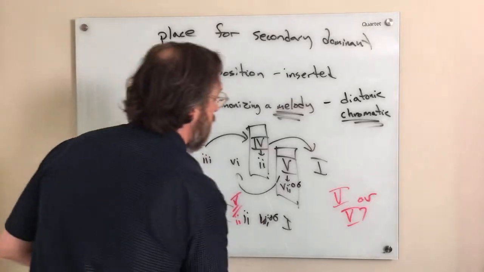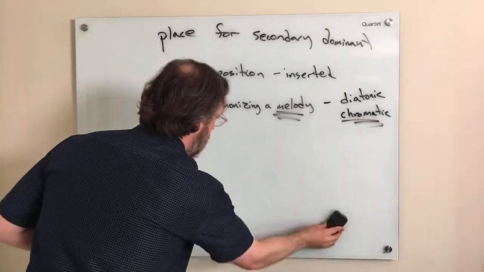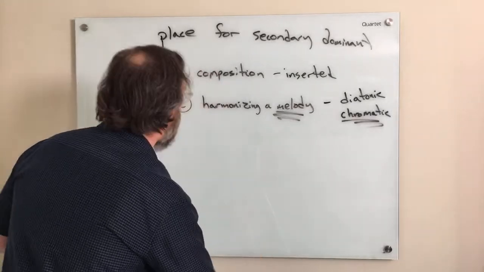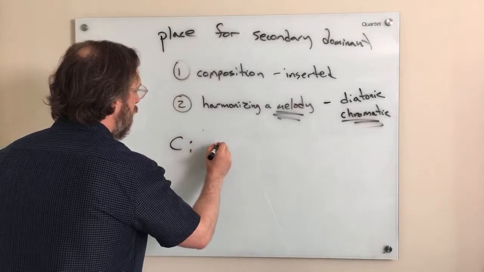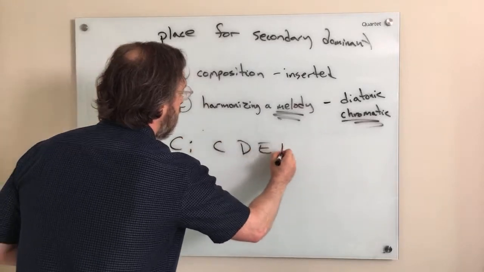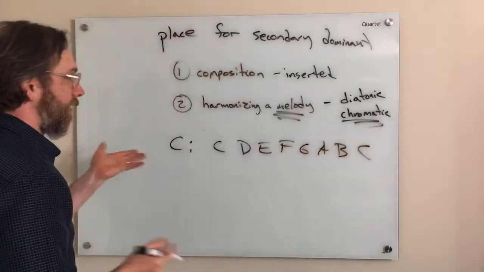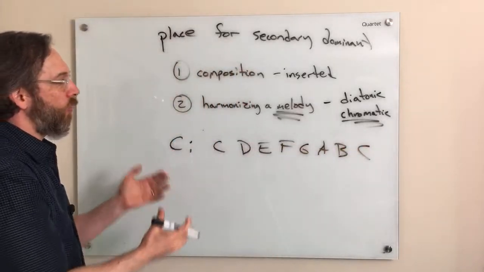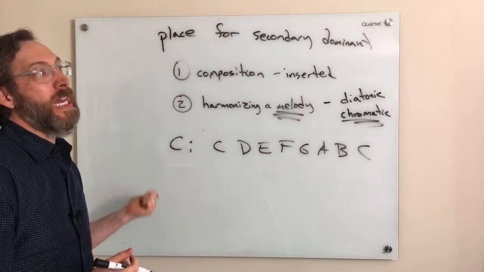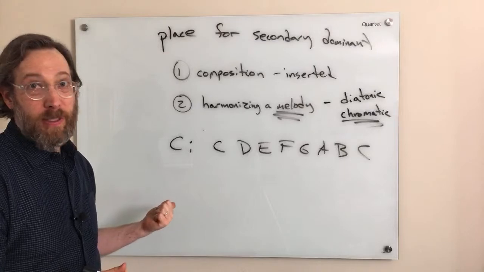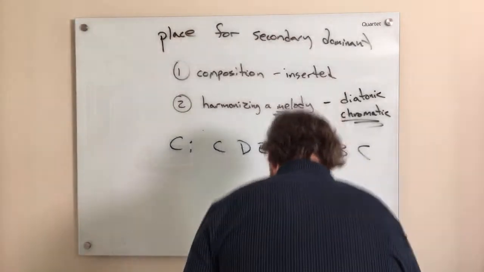What's really tricky is when it's a diatonic melody that you're trying to harmonize. So let's say we're in C major and we're just going to go up the scale. Let's say our melody does this. Where can we harmonize? Right? If we're going up a scale, by the way, it can never be the 7th of the chord because 7ths have to resolve down. So if we go from a C,